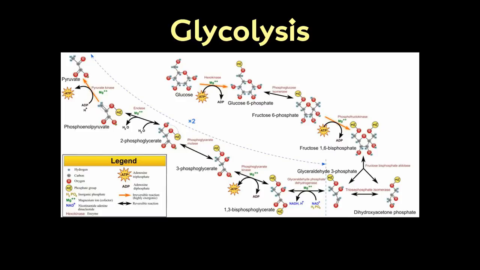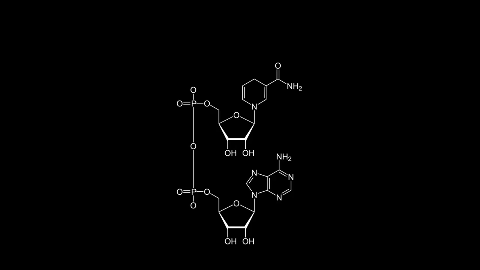Let's look at where it does this just for a second here. We look over here, and we're getting 2 NADH out right here. We're actually making it from NAD plus and turning it into NADH by adding a hydrogen onto there. And this is what NADH looks like. We have adenine right here, we have nicotinamide up here, and then it is just 2 nucleotides. So a nucleotide of adenine, a nicotinamide nucleotide, and then just like you would use the same sort of bond that you would make